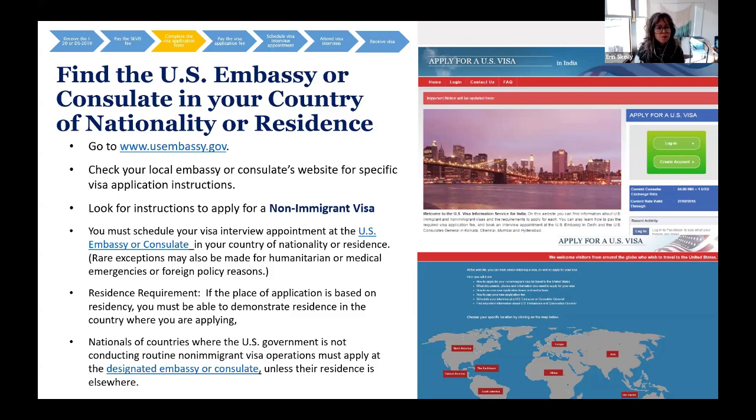So as you proceed, be aware that you have to schedule your visa interview appointment at the US Embassy or Consulate in your country of nationality or residence. Rare exceptions can be made for humanitarian or medical emergencies or foreign policy, but if you don't have one of those extremely serious reasons, you need to be applying in your country of nationality or residence,